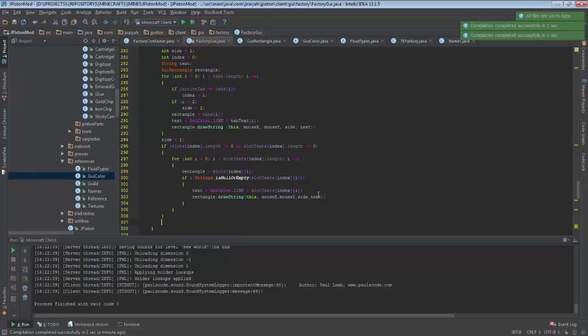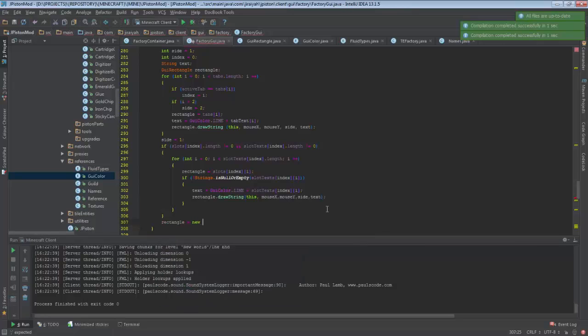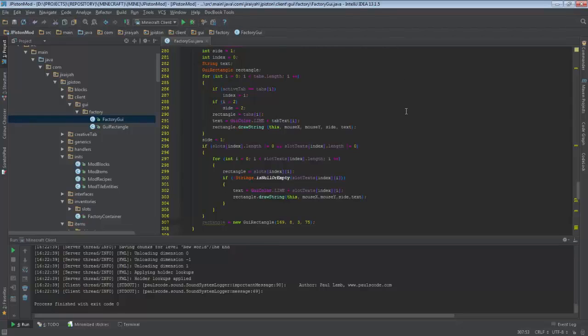Okay, now here, we will say that rectangle equals new GUI rectangle of 169, 8, 3, 75, and I always get these magical numbers from Photoshop. So how do I get them? Well, I go into Photoshop and I estimate the round box and then just tweak it 1 or 2 pixels later just to make it